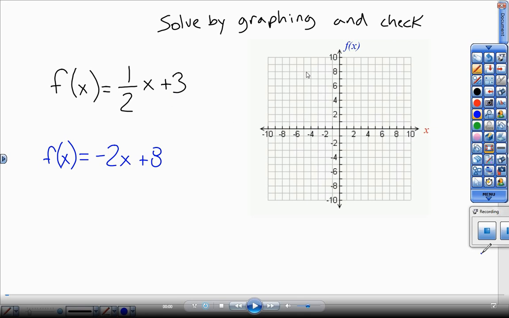Okay, we want you to solve this system of 2 equations. You're going to solve them by graphing, find that point where they intersect, and then take that point and plug it in both for f of x and x into both. So to graph, we want you to graph using the quick slope intercept method, which is look at the plain number all by itself,